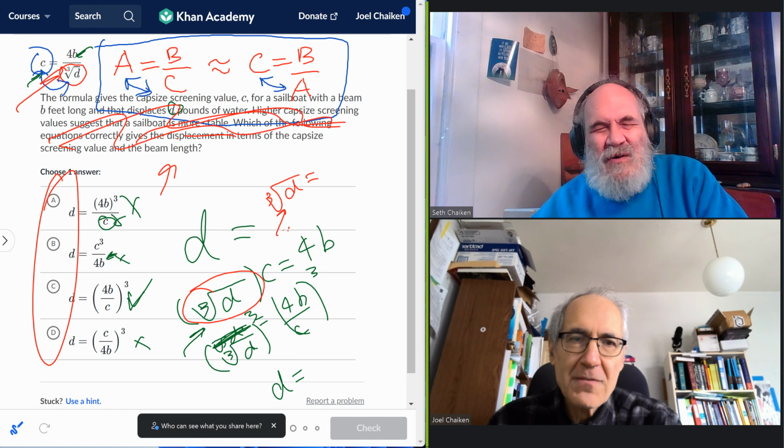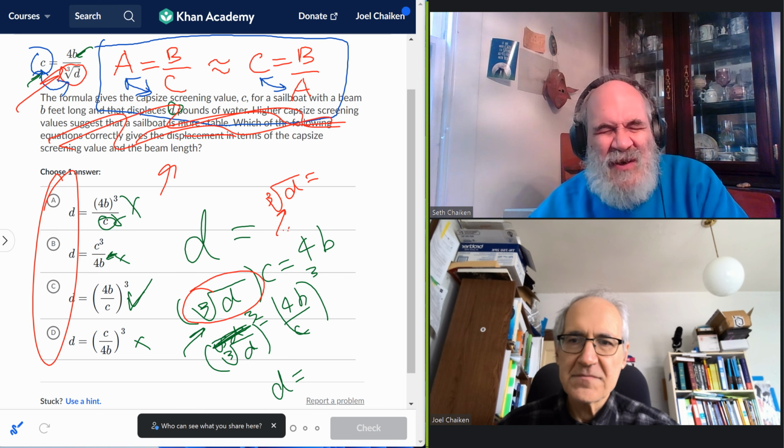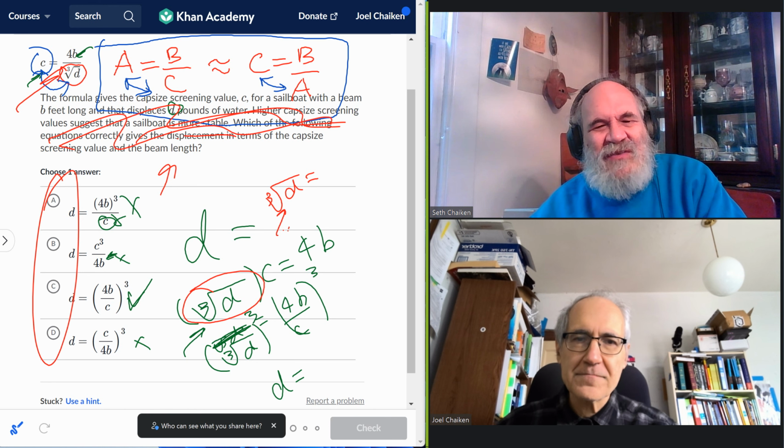When I looked at the problem, I skimmed the five lines of English, and I gained some assurance that I didn't have to pay attention to the interpretation, or the origin, or the physics. The formula expresses an equation, and this problem is simply: solve for D in terms of the other variables. If you go back to the video, I also got a clue that that's what they were asking for,